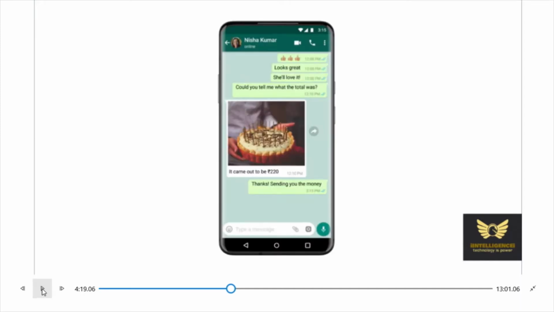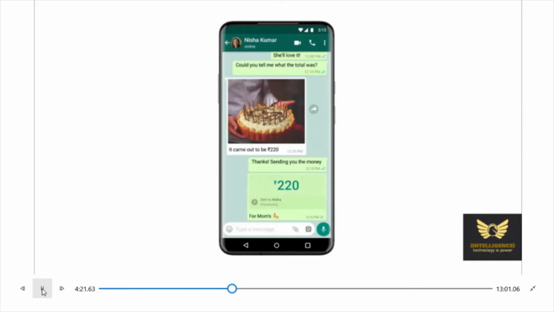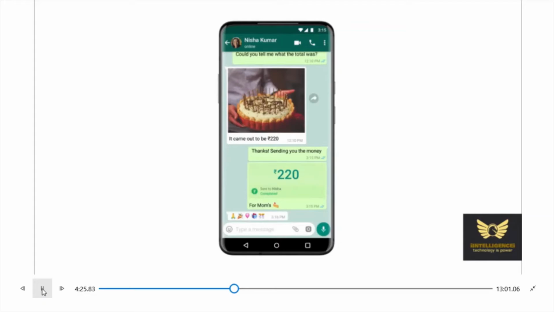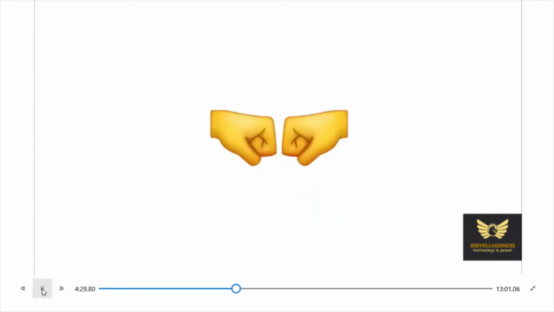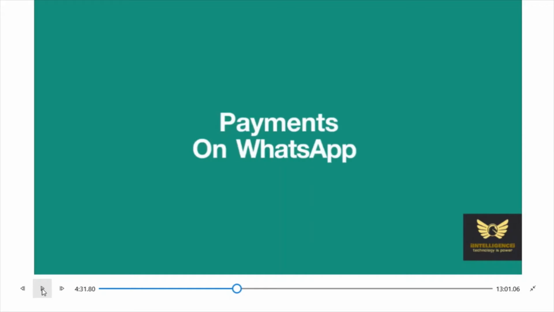You can easily send money in WhatsApp just like sending an SMS. This payments on WhatsApp was recently introduced in India.